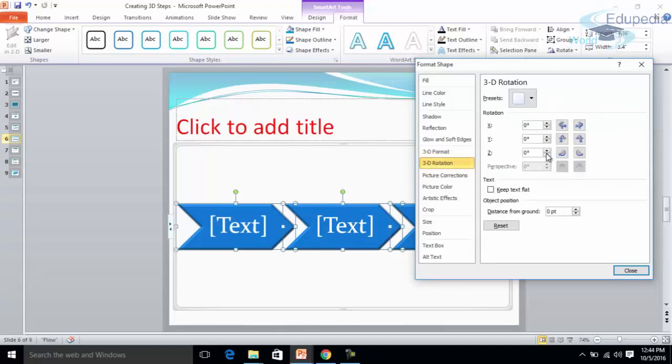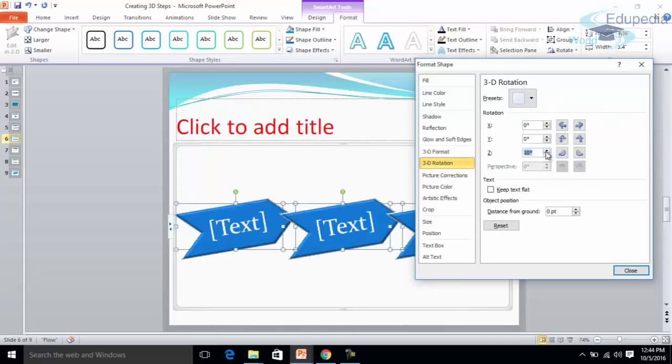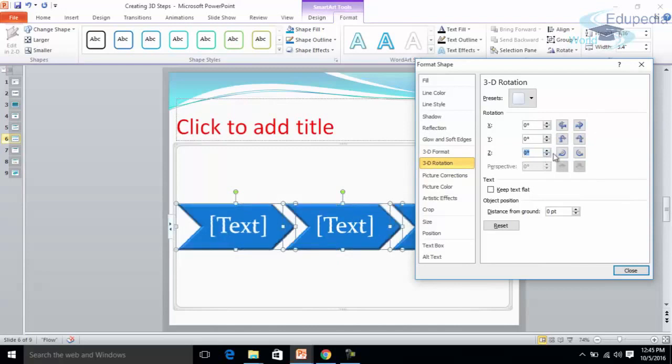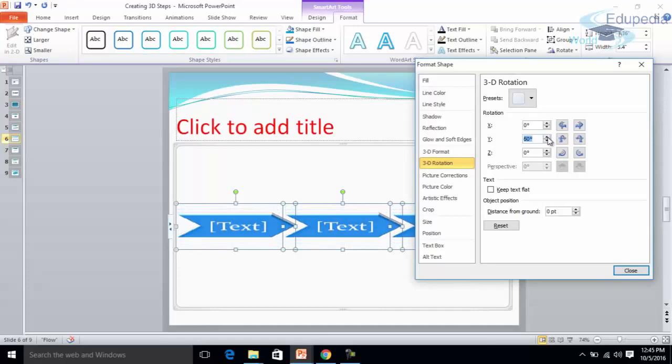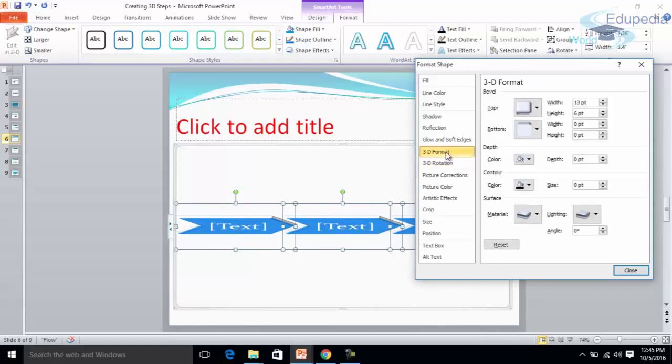Now let's try to rotate it. Okay, I want to rotate this along the Y-axis. That would be good, I guess. And now again I'll select it. I select the 3D Format and we'll try to provide some more height. Let's say I'll provide 20 points here.